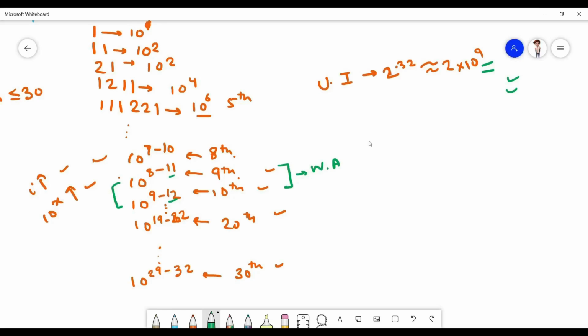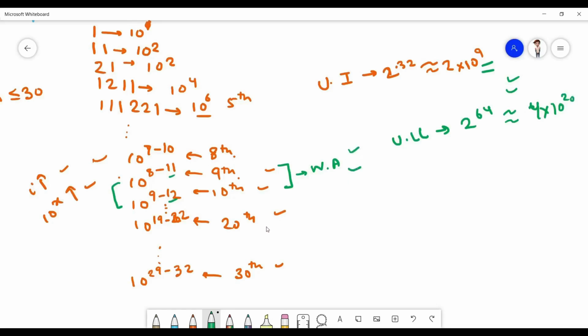So what if we use unsigned long integer? Unsigned long integer has 2 raised to the power 64 as the upper bound, which is nearly equal to 4 into 10 raised to the power 20. So now it works on these two also.